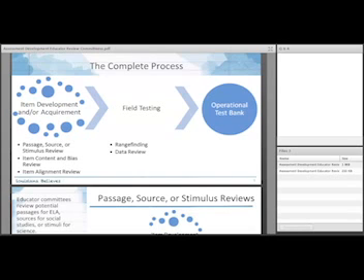But there's passage, source, and stimulus reviews, which we started adding in this year as a pre-measure before we even get into development. We're finding that it's been a fairly worthwhile endeavor to add in this pre-step before we even get into the actual item development process. Then we have item content and bias reviews and item alignment reviews.